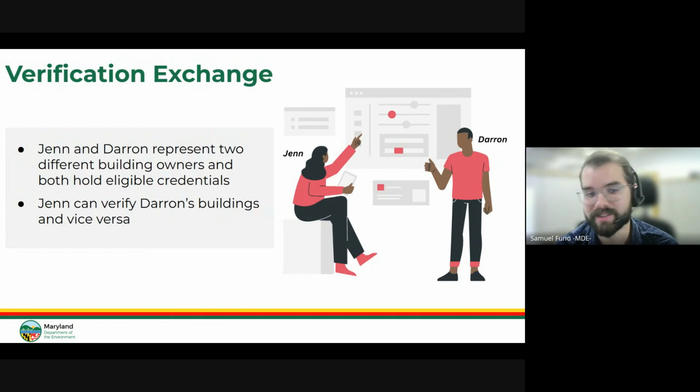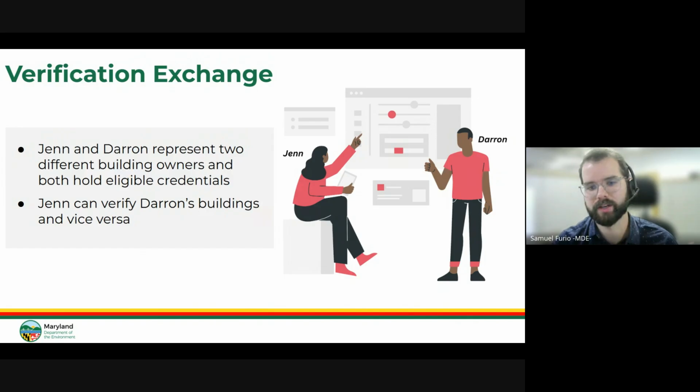Let's say Jen's internal to the company that owns the buildings, and she's doing the benchmarking for them, she cannot be the verifier, the key term being third party. And that's a good clarification for this visual we have, being that Jen would be an internal employee of that building owner.